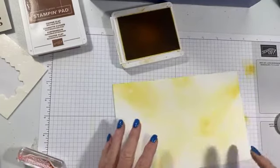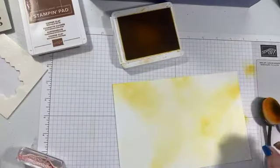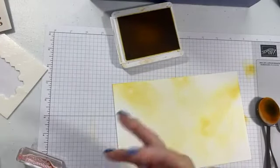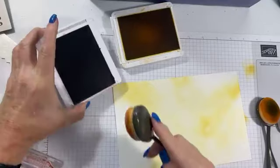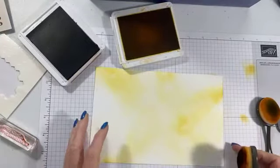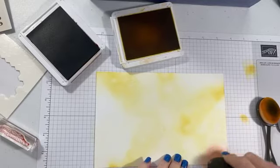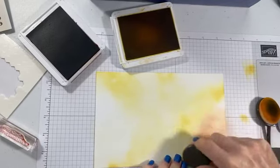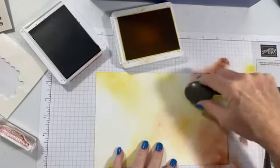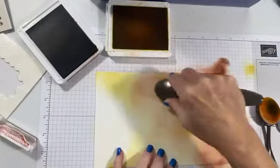All right, so there's my crushed curry. I think I'm just gonna go with the copper clay and the crushed curry, and then maybe add in a little cherry cobbler. And there's no right or wrong. All the leaves look different. God made each one differently when they came down, so